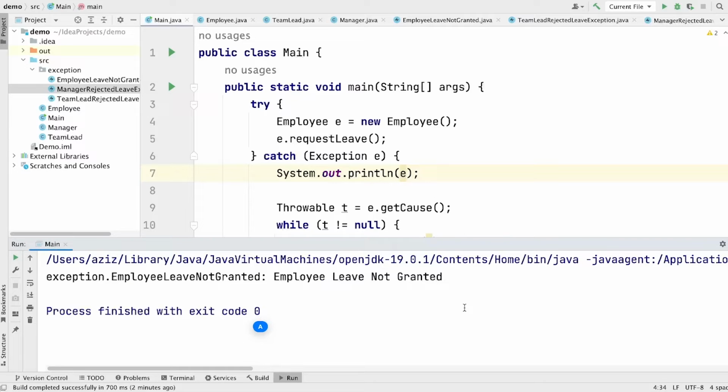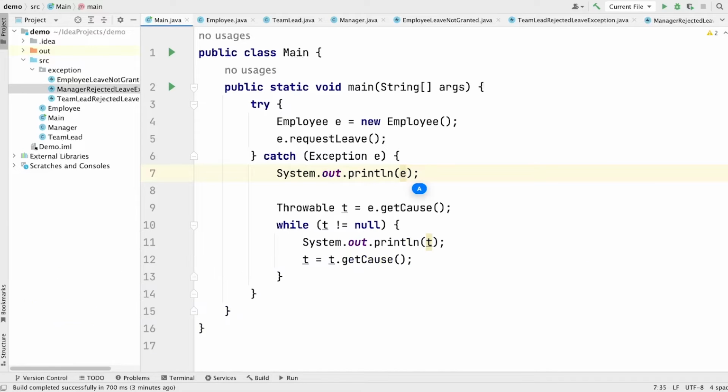Chained exception is nothing but using chained exception, we can describe the cause of an exception, which means we are allowed to associate a cause with an exception. And then by using the exception, we can easily get the real cause of the exception. Because of this property, chained exception is also called nested exception. Now, if this is not clear to you, let me explain in detail.